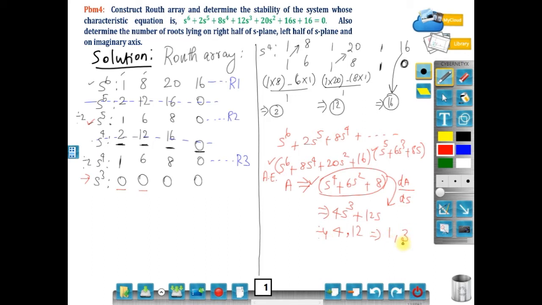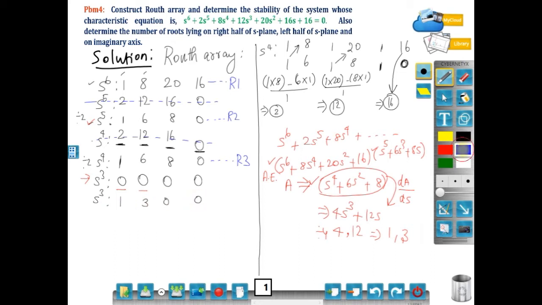So we are using this trick because the actual Routh array is getting terminated at the s power 3 row itself. We need to construct the Routh array fully, and only then can we find the stability of the system. Fully we have to construct the Routh array, then only can we determine the stability. So we take the auxiliary equation and differentiate with respect to s. We get the coefficients of s power 3 and s power 1, and we take those coefficients, 1, 3, 0, 0.